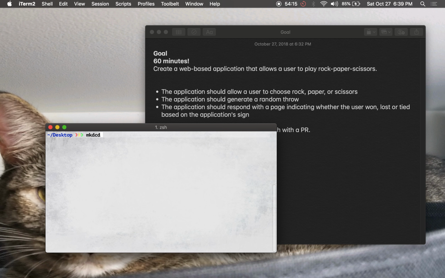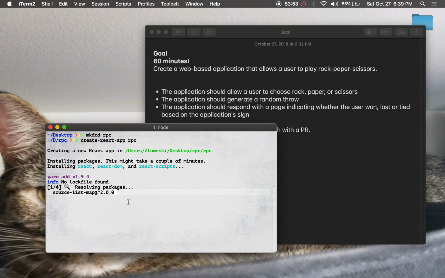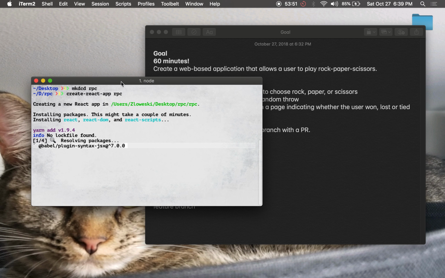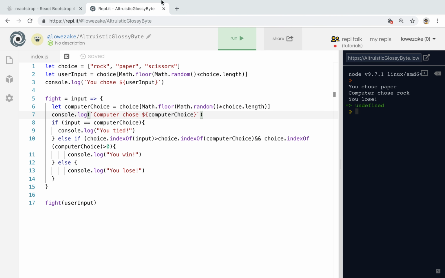And this mkdcd, this is my own concoction. Just so you know, this is a mix between make directory and then cd. So mkdcd, I'm going to say rock, paper, scissors. Then I'll say create React rock, paper, scissors. All right, while this is creating, not sure how long it's going to take to download, but